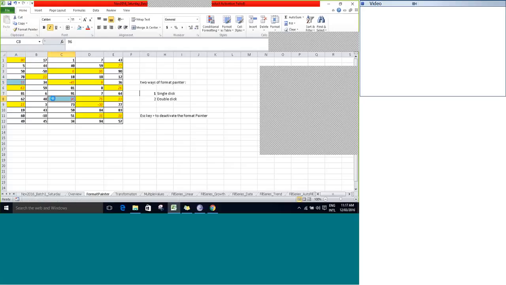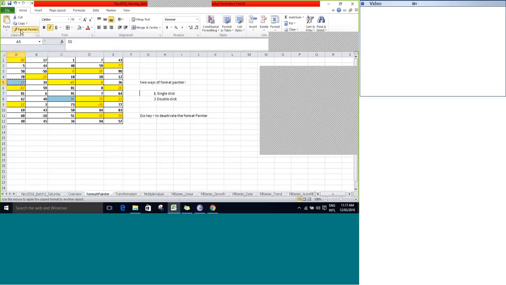We just clicked on some other location. So you can see that whatever formatting is applied on the particular cell, the same is applied to this particular cell. But if I click on some other cell now, you can see that there is no action taking place because it is applicable only once. Format painter, if you do a single click, you can apply the formatting to some other cell only once, not more than once. Similarly,